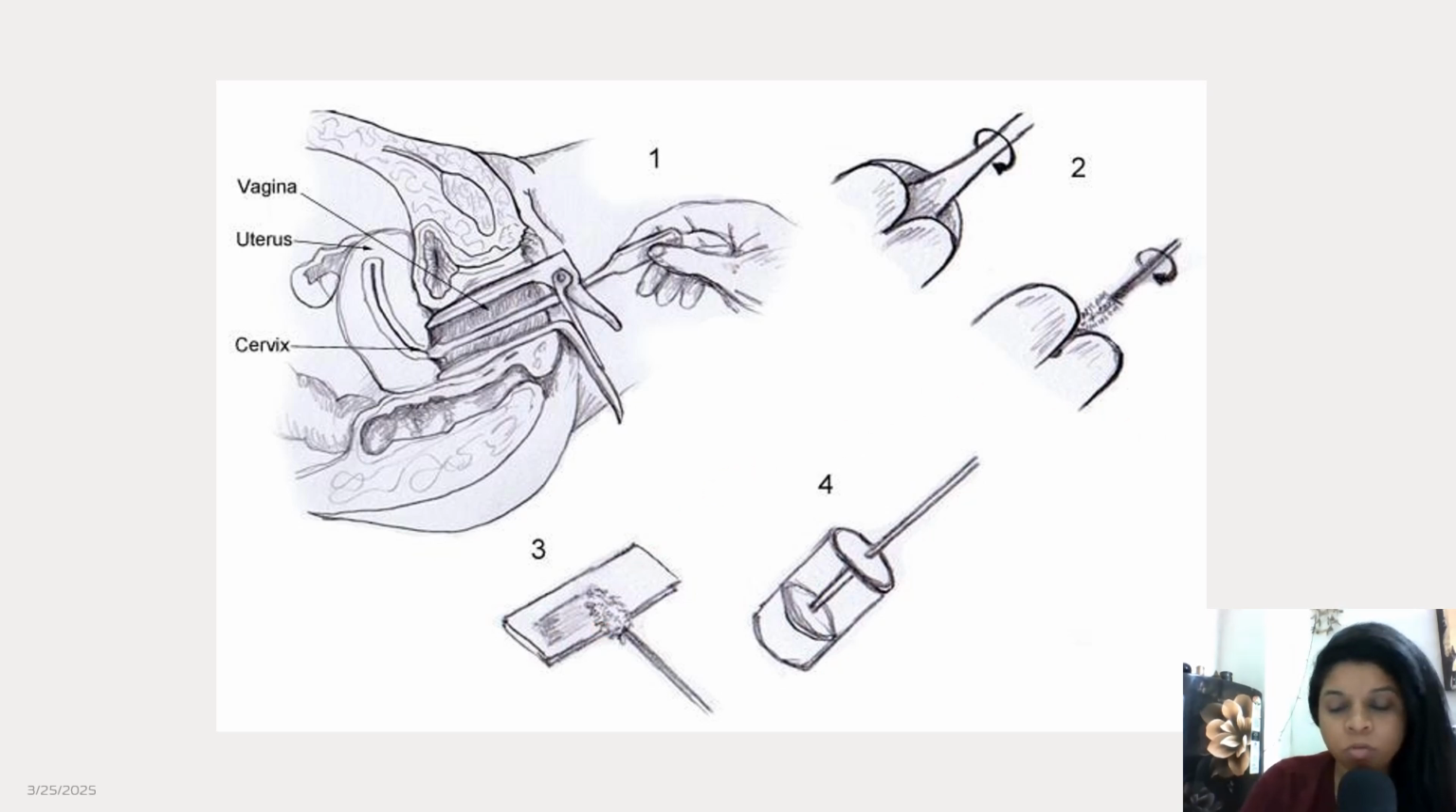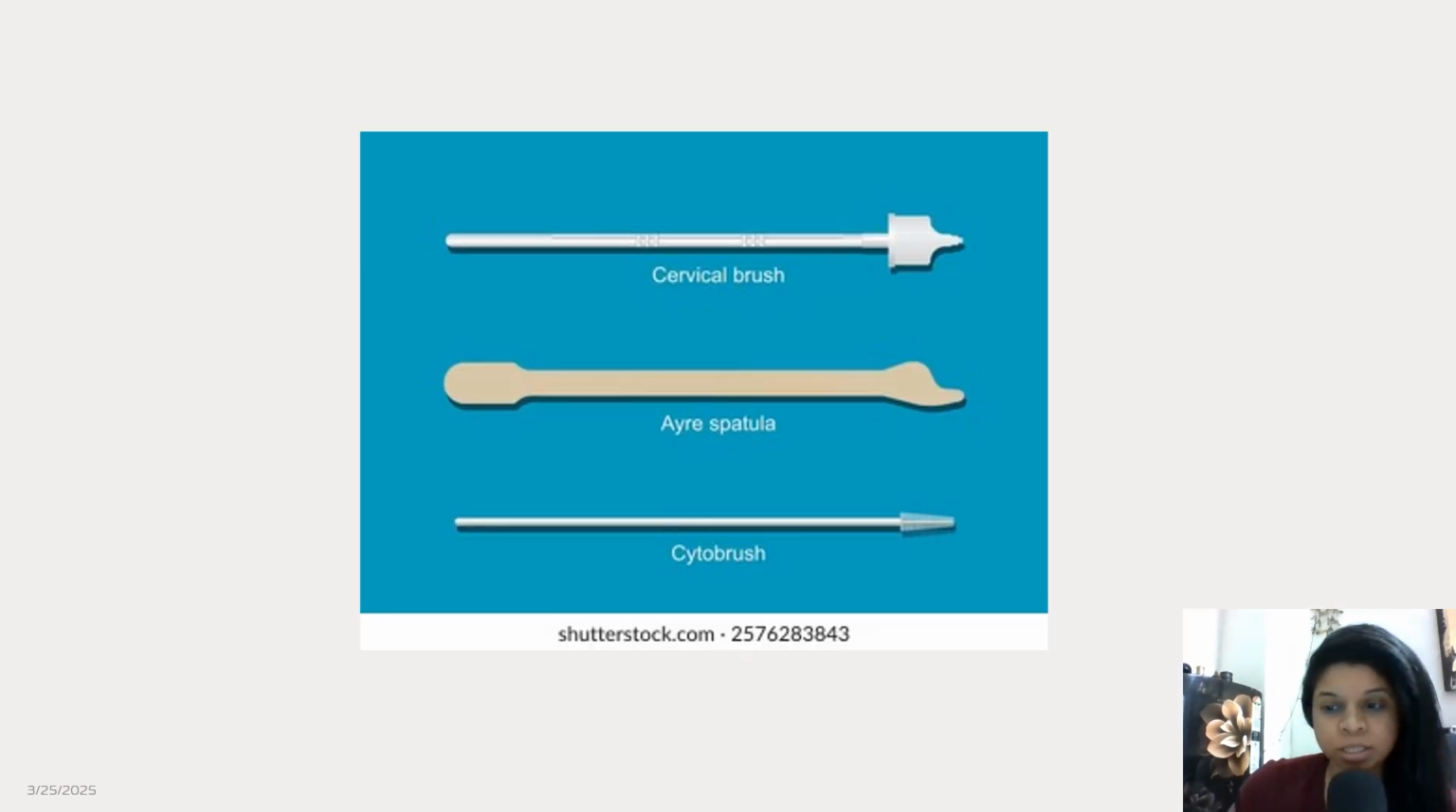Okay, so for the pap smear testing, these are the instruments that we use: the cervical brush or Ayre spatula, which has been used for years. And then there is also a cytobrush. Usually the cytobrush is used when you need the endocervical component also,